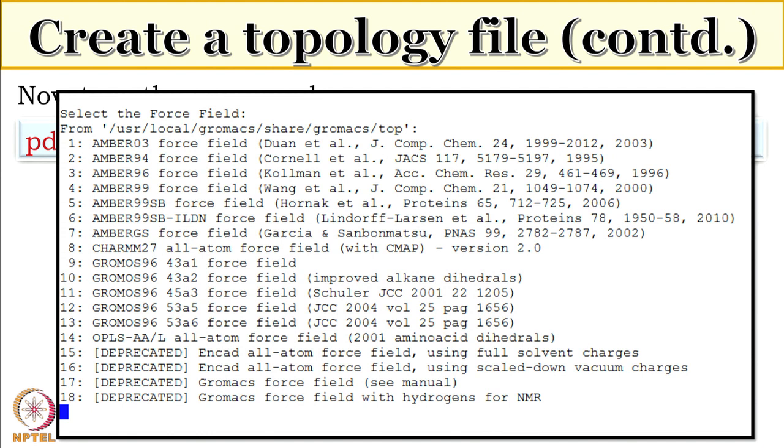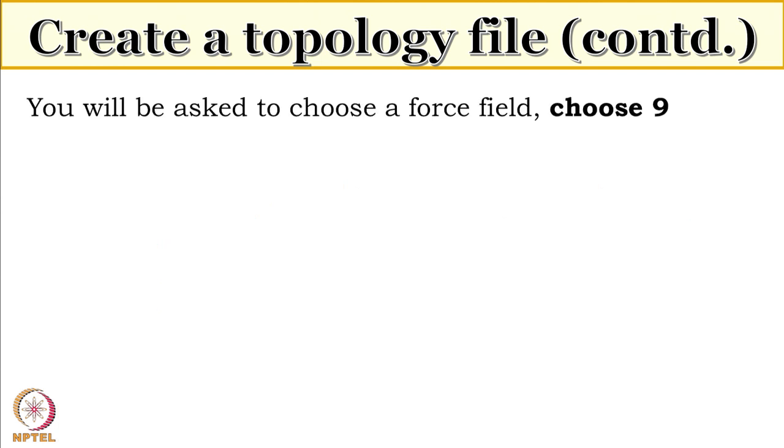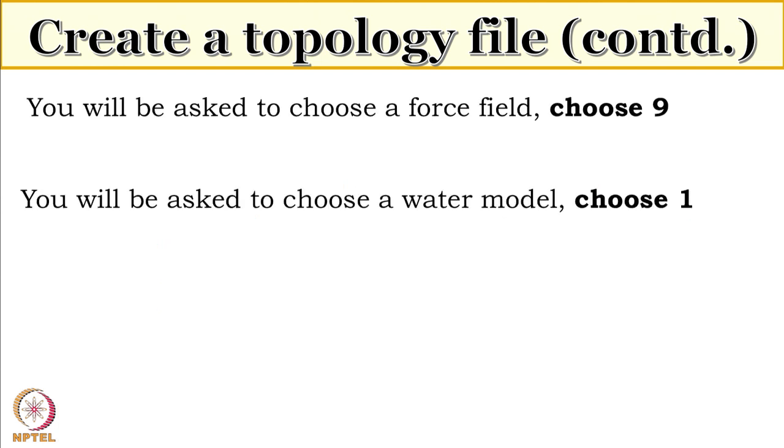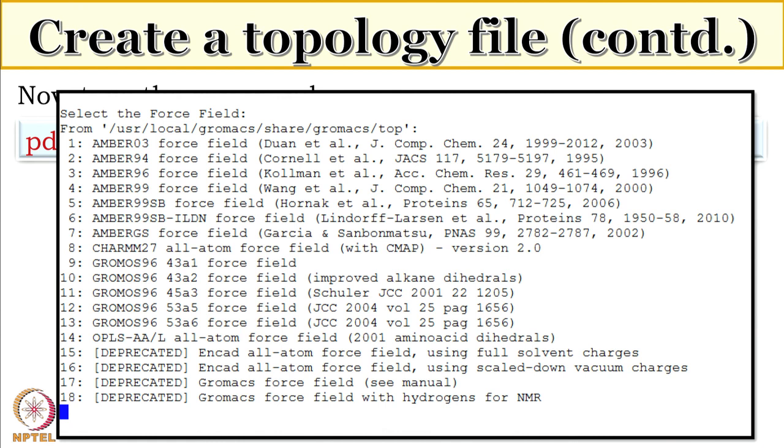After I type the command, something like this will be displayed on the screen, asking me to select a force field from a number of force fields that are already given. There are AMBER, CHARMM, GROMOS, OPLS, all kinds of force fields available. We just have to give the number of the force field. We choose 9 here, which is the GROMOS 43A1 force field. Similarly, one can choose a different force field as well. All the references are given there.